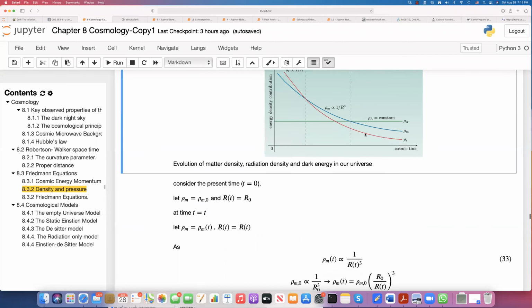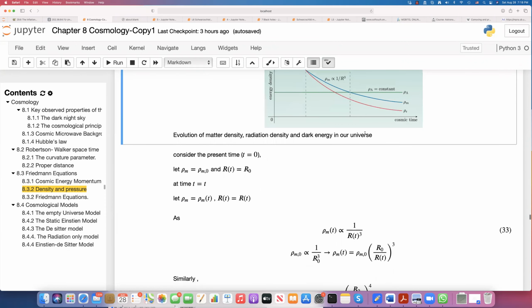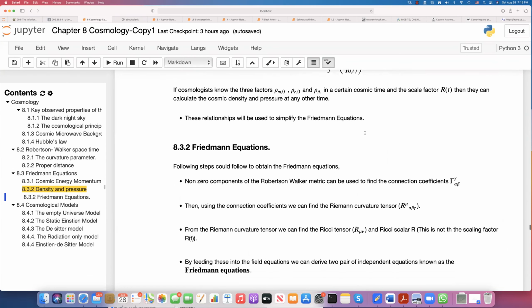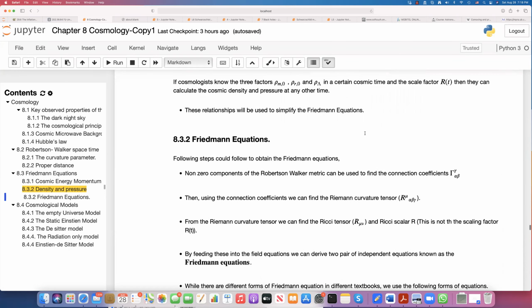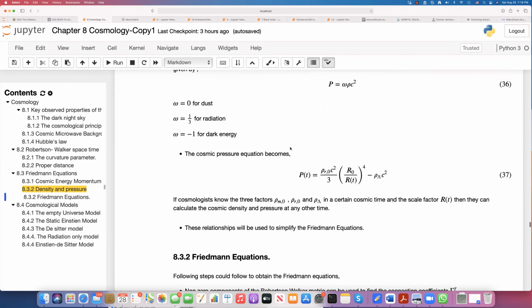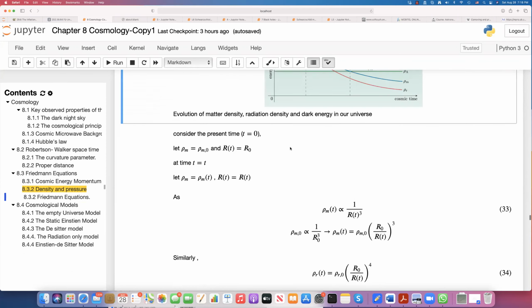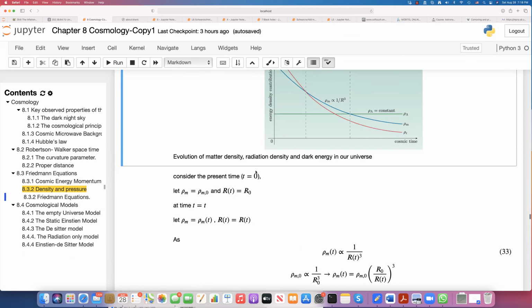Right. And then, I think, is there any question? Let me at least finish up to this particular point so that we can directly talk about the different models from the Friedmann equation on the next day.